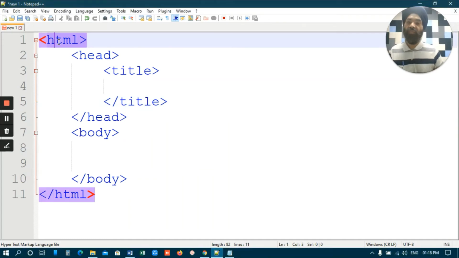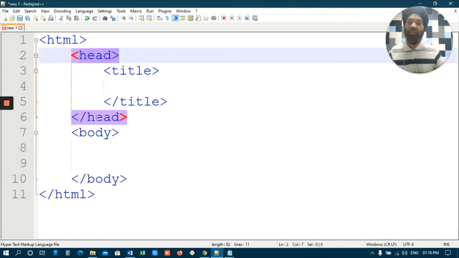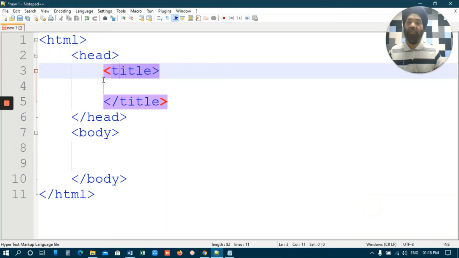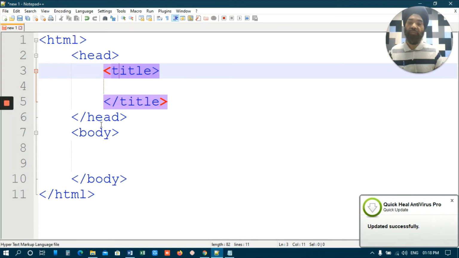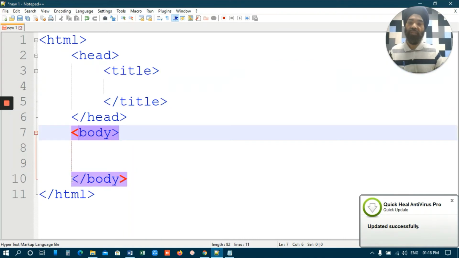We click on HTML, you see this red line, it goes from here. So that means this is the scope. Then we click on head, see this red line, this dotted line. This also indicates that this is the scope of this head tag. We click on title, again see this red line in between. Okay, similarly body, see the red line, dotted line. That indicates that this is the scope of the body tag. Okay, next,